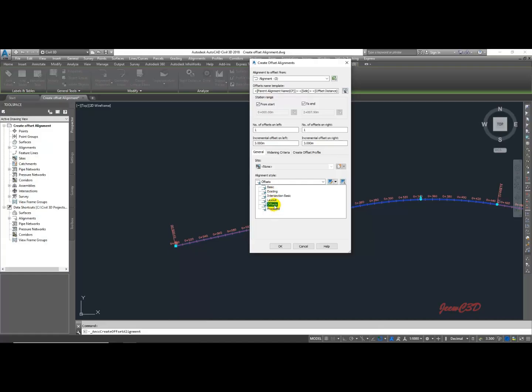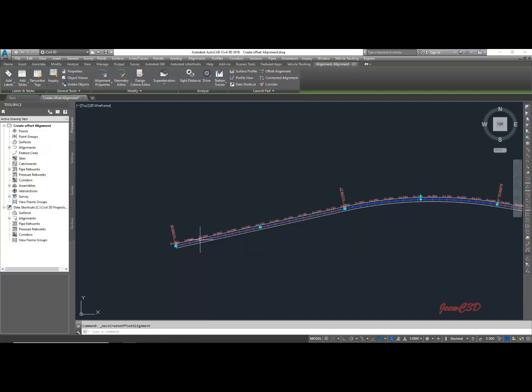For the moment I will use offsets as the alignment style, and for the alignment label style I am not using any labels, because if you use labels it will be confusion with the main alignment label and the offset alignment labels. Then I am going to click OK. Then you will see 2 offset alignments appear either side of the main alignment, as you can see here,